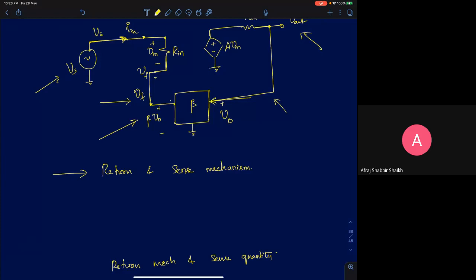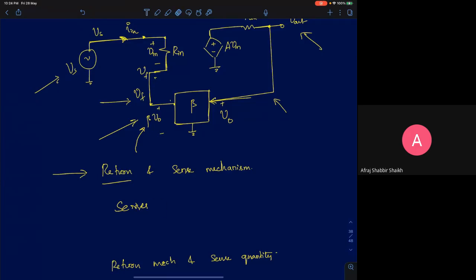You're returning voltage. If you're returning voltage, what is the return mechanism? It has to be series. So the return mechanism here is a series mechanism.